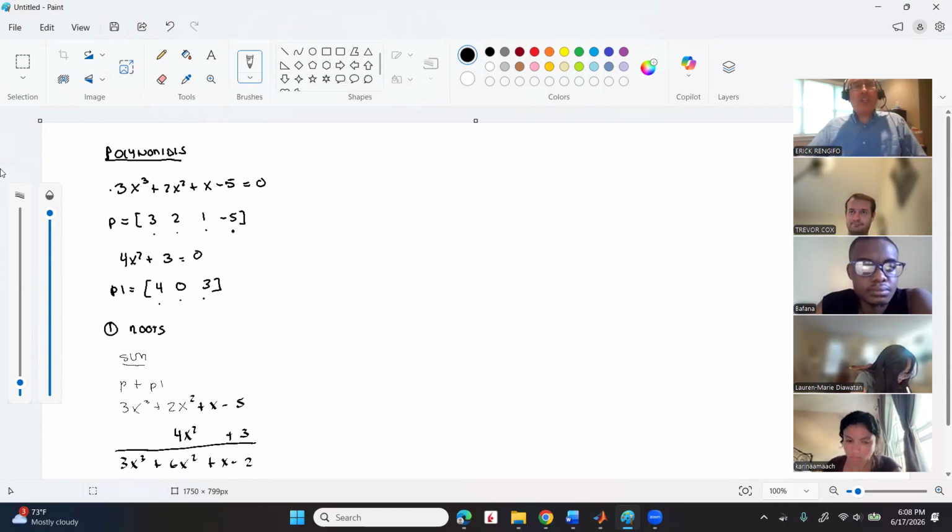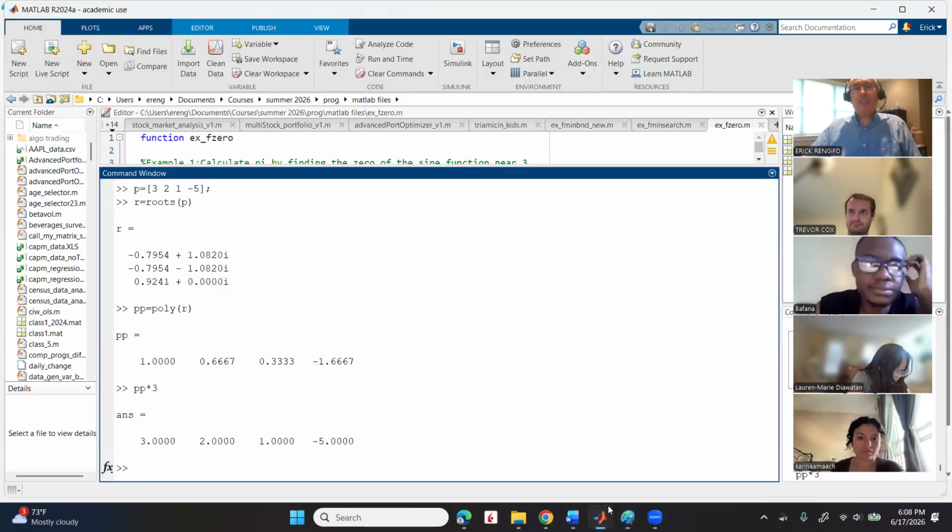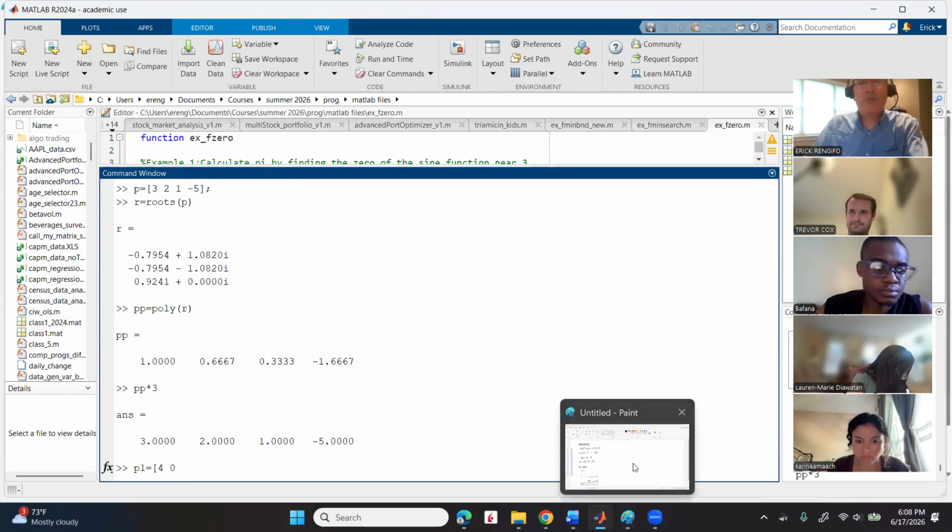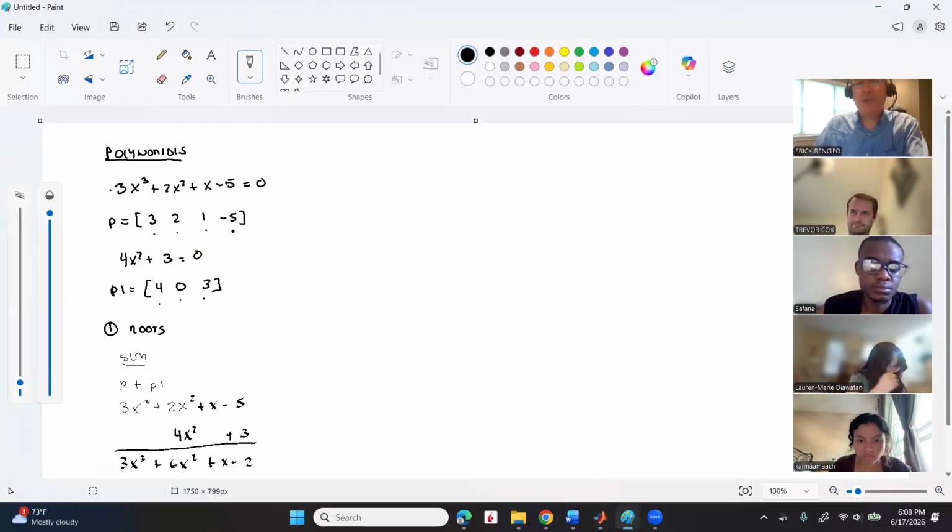So how do we tell MATLAB that they need to do this? Well, we need to pad the numbers with zeros, correct? So I need to do a P1. This is what you were saying, Bafana. So let's complete this one here. So what was my other one? Let's call P1, was equal to, the original one was 4, 0,